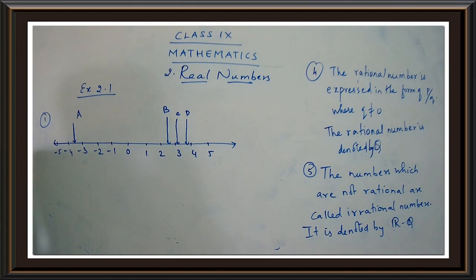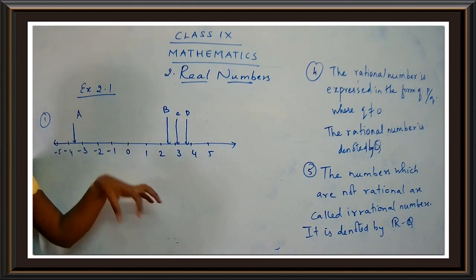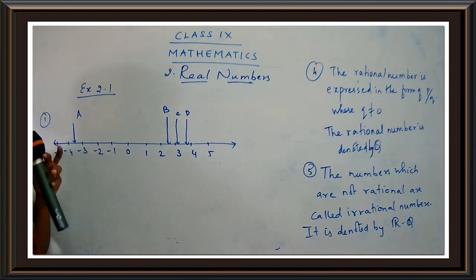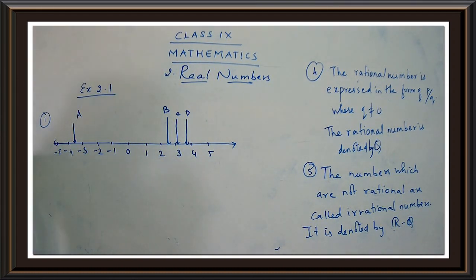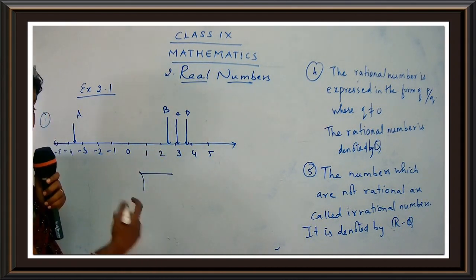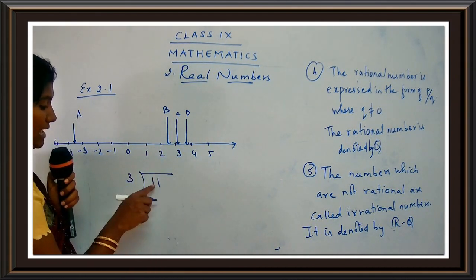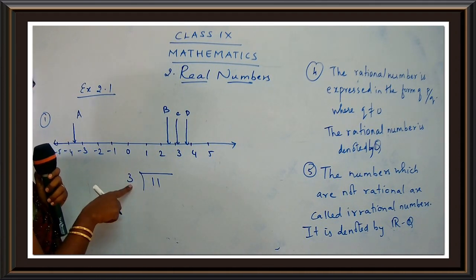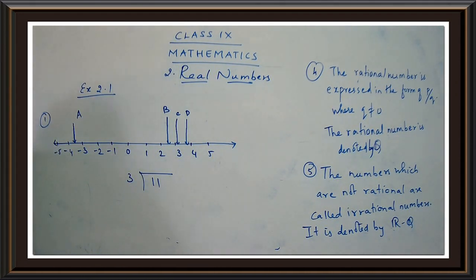So before finding the answers, we have to solve that fraction and get the decimal answer. That is, we are going to solve the fraction and we are going to get the answer in the form of decimal. Let's go for the work. I'm just going to do the division below the number line. So we have 11 divided by 3. Come on, let's go for the division.